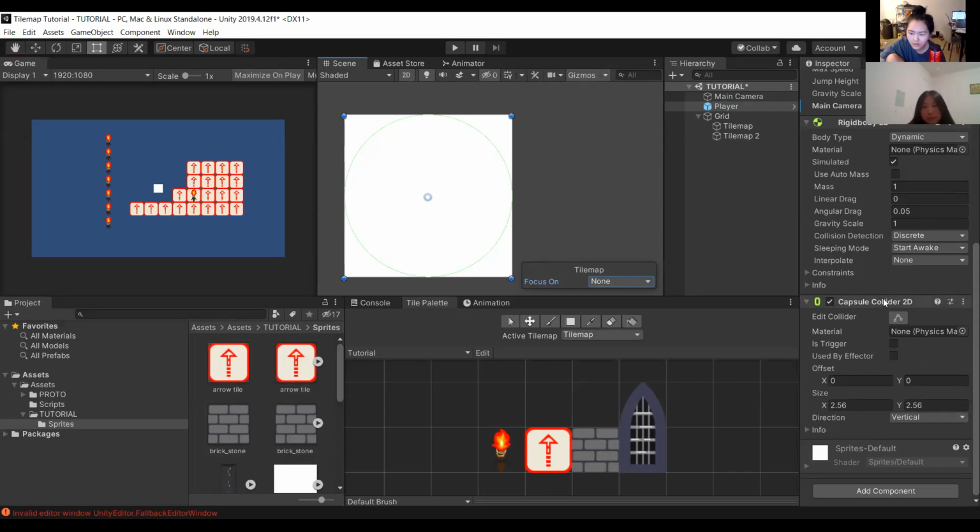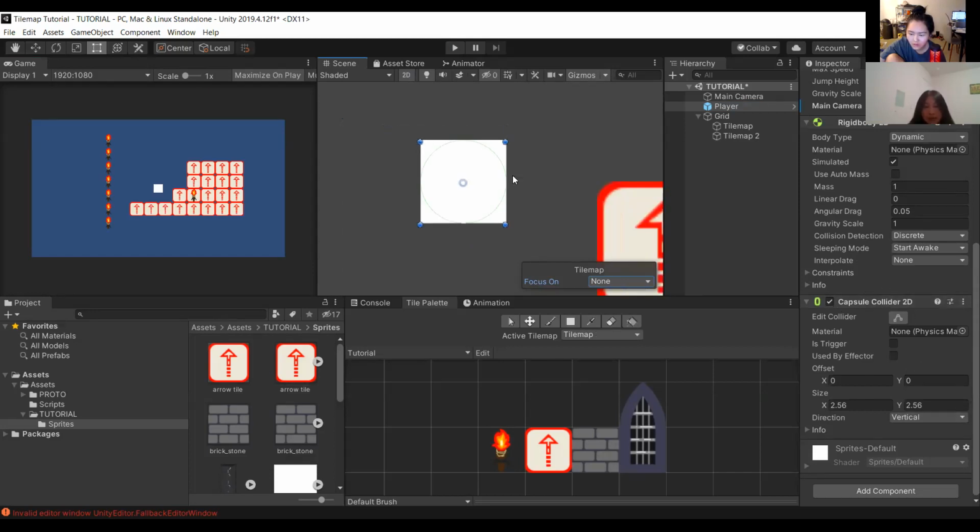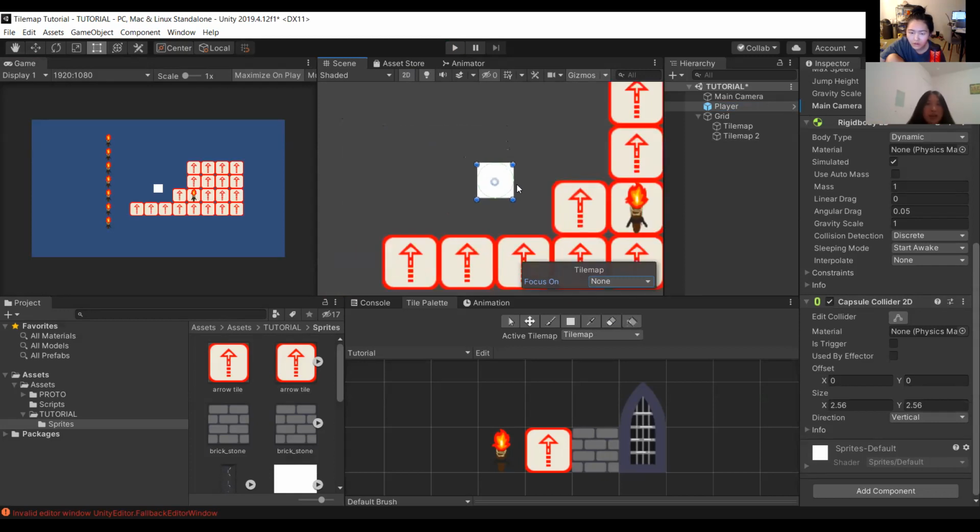But essentially, what these colliders do is give whatever object you have a border, and that border, once it comes into contact with another collider border, will do something. Does that make sense so far to people? You have borders that will connect with different borders and do certain things when they touch others' borders. And that's what a collider is.